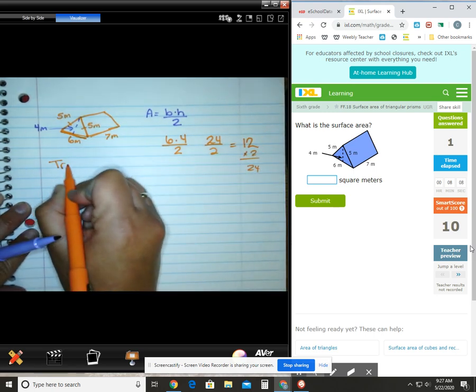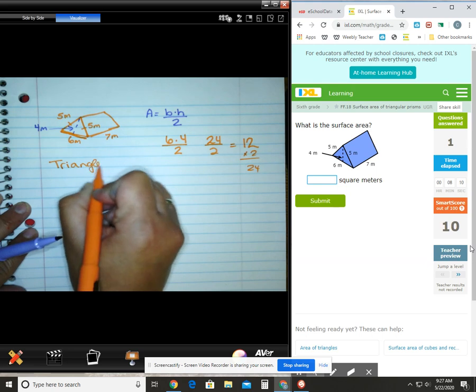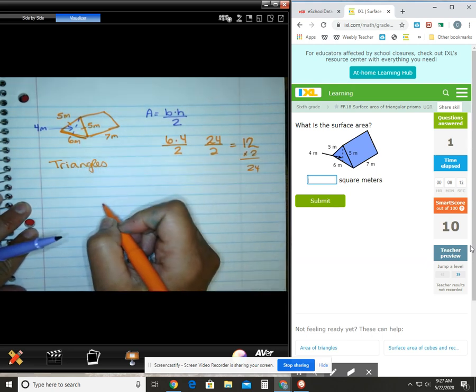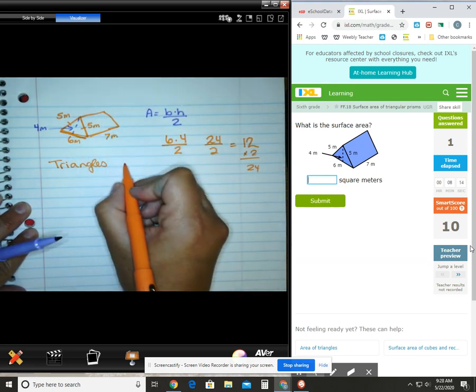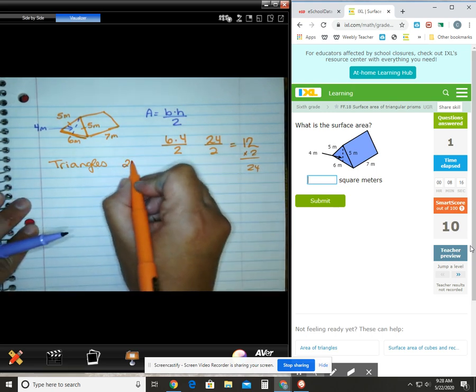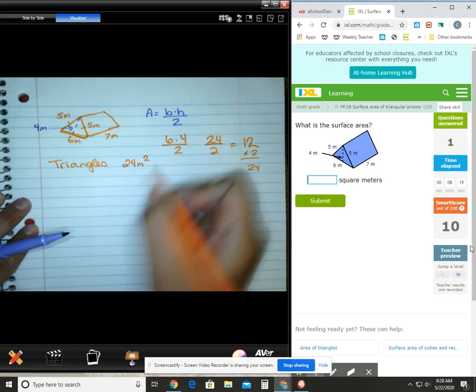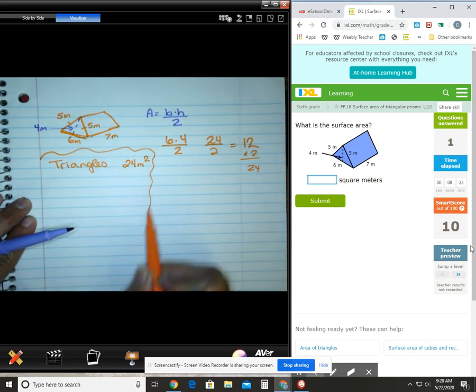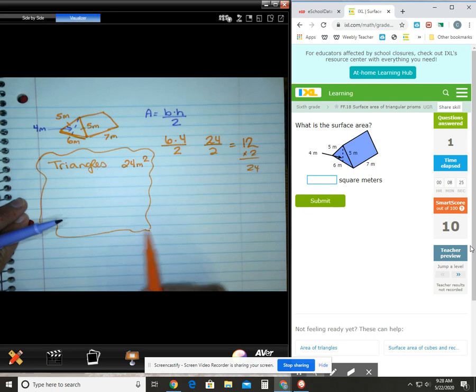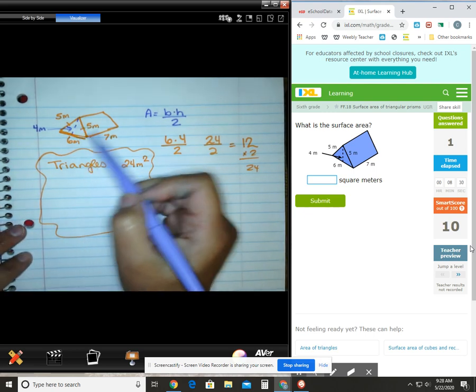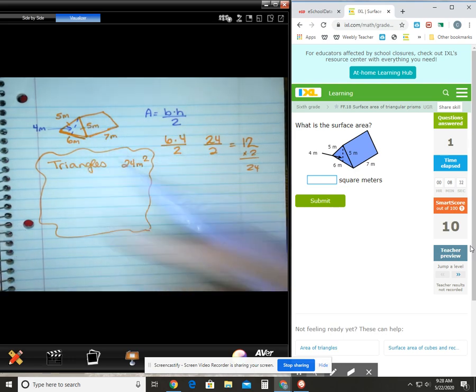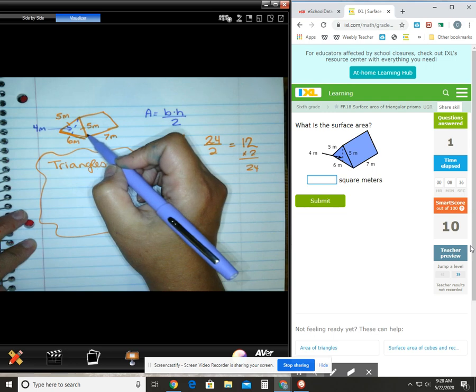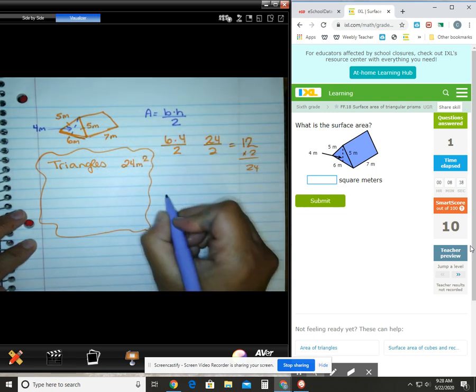So when I go to add in my triangles, the front of my tent and the back of my tent are both together 24 meters squared. Okay, so that's part of the information that I need to know. I'm going to separate this out from my work. Okay, so now I need to take my time and think about the first rectangle. So I do the top of the tent first. That's my personal preference. So if this side is 5 and this side is 7, right, I'm going to do